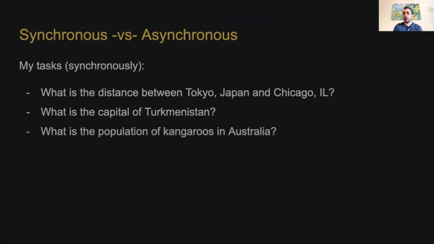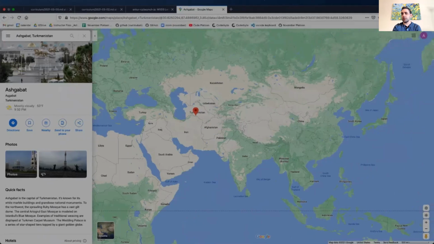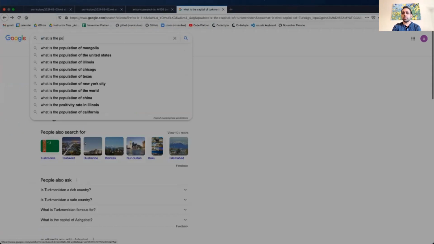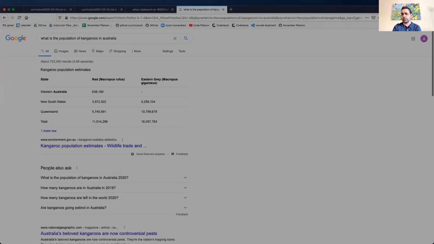Last task. What is the population of kangaroos in Australia? Again, this is something I've not Googled before, so I'm going to learn what the answer is. I'll go back to Google, and what is the population of kangaroos? This might be a tougher question to answer, but maybe Google is smart enough. They have estimates. It seems there are two main types, red and gray kangaroos. I didn't quite know that distinction, but there are approximately 11.5 million red kangaroos and over 16 million gray kangaroos in Australia. If I add that together, that's 27.5 million kangaroos in